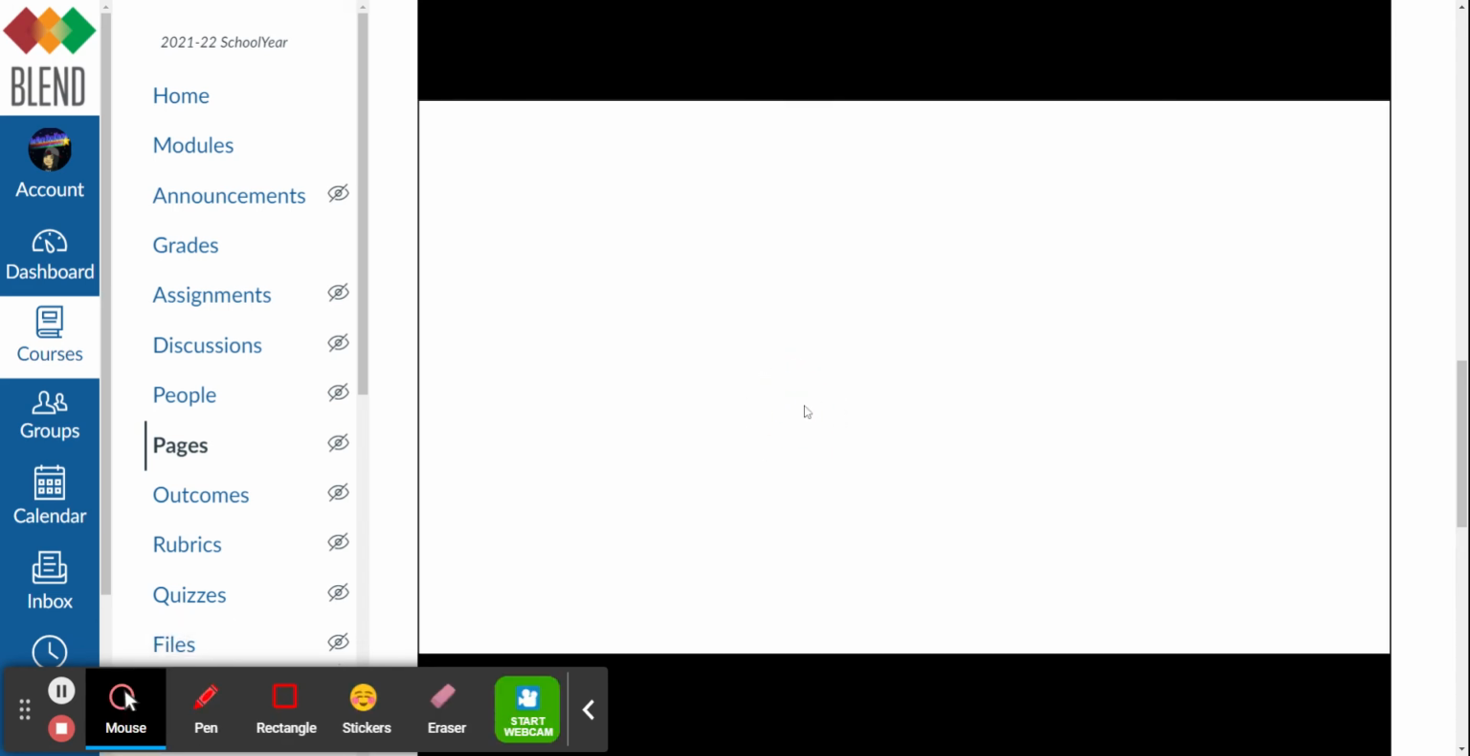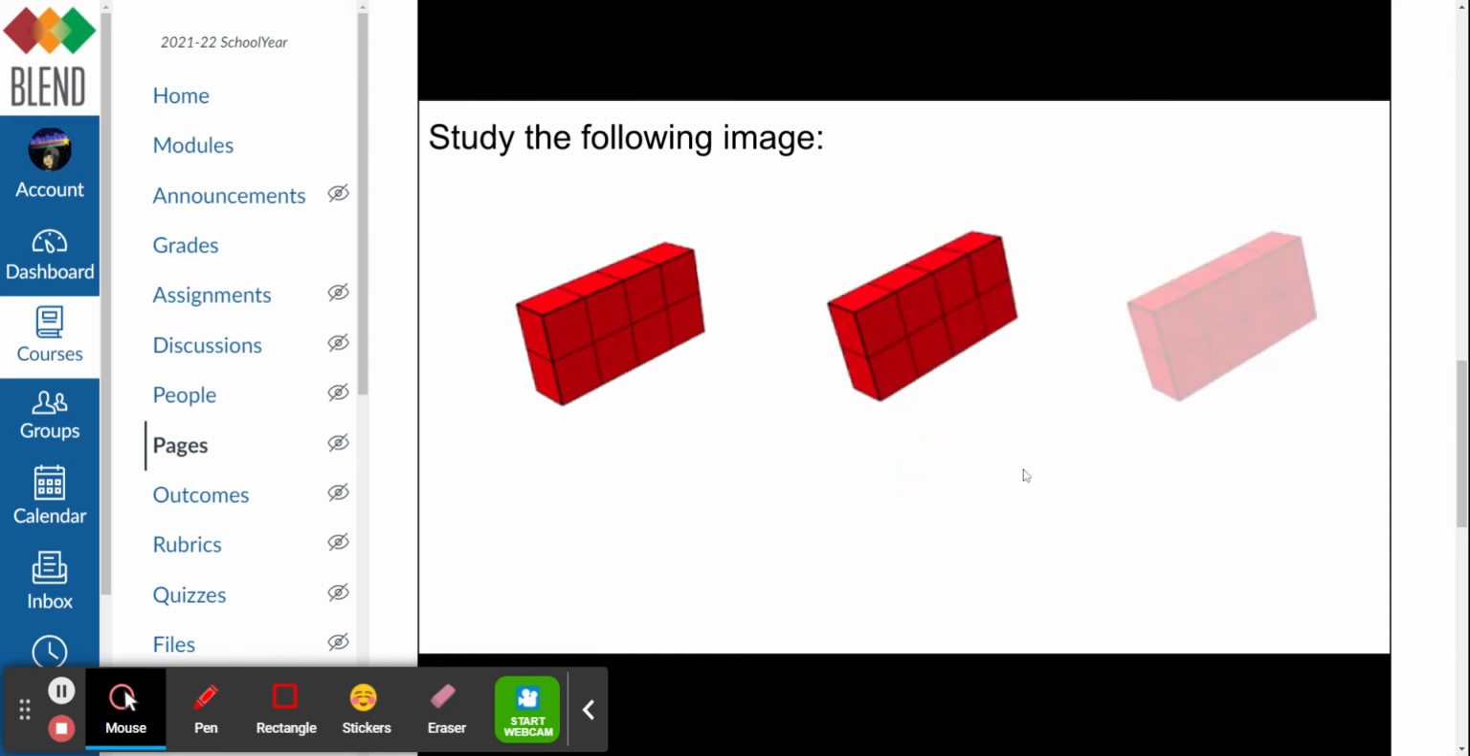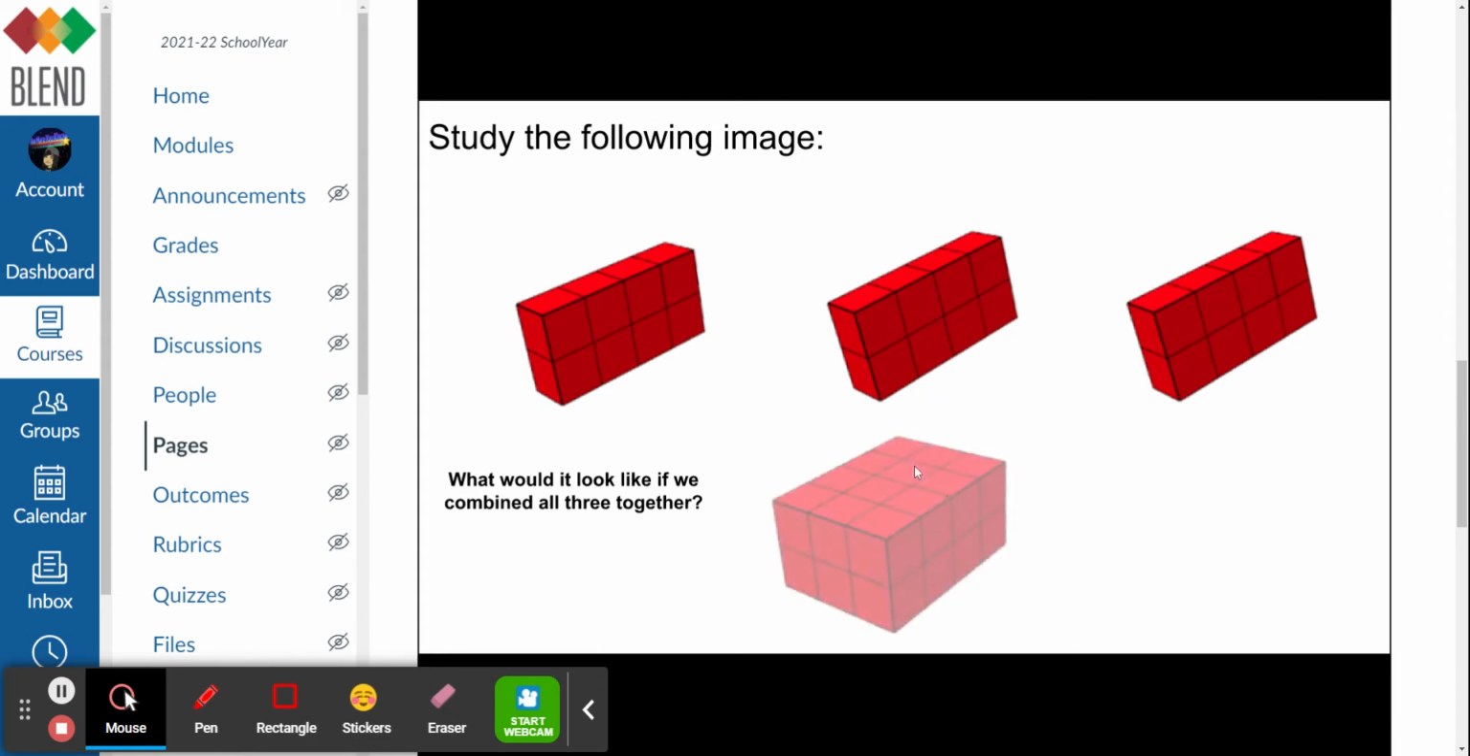All right, now let's take a look. So the following image, we have a rectangular prism, we have another rectangular prism, we have another rectangular prism. All right, so what would it look like if we combined all three together? Well, it depends on if we stacked them or if we squished them together. Okay, so it looks like what they did is they squished them together. All right, so we have two layers of 1, 2, 3, 4, 5, 6, 7, 8, 9, 10, 11, 12. All right, so it looks like we have 12 cubes in two layers, so we'll probably have a volume of 24 cubic